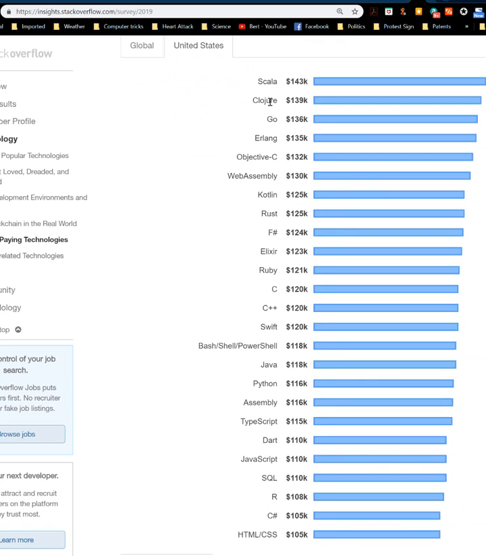But yeah, then we're back to the top paying jobs thing, and like I said, not a lot of people use Go. That's why it pays so well, because not a lot of people are inclined to learn it, because they don't perceive the demand there, but that sends the pay rate up. Same with Clojure. That was one of the least known programming languages, but that's why it's one of the higher paying ones. Same with Scala. So some of these are obscure, but if you're lucky enough to find a job in it, you can get paid well.